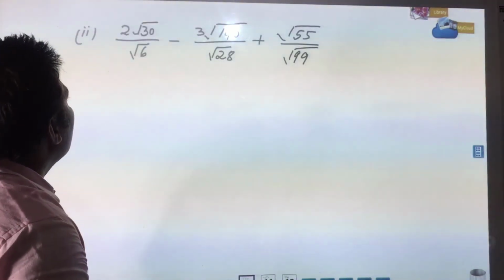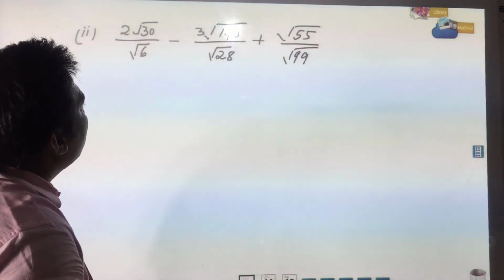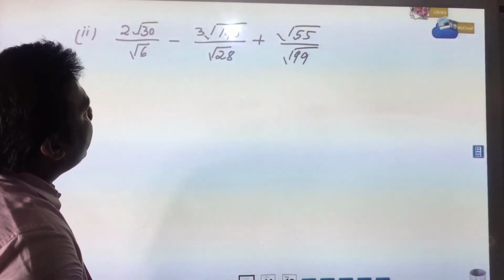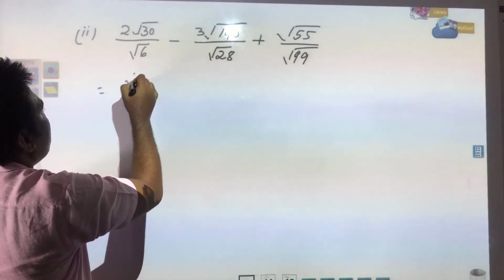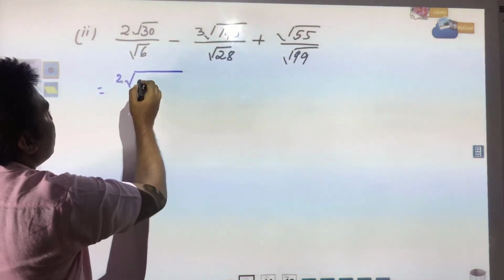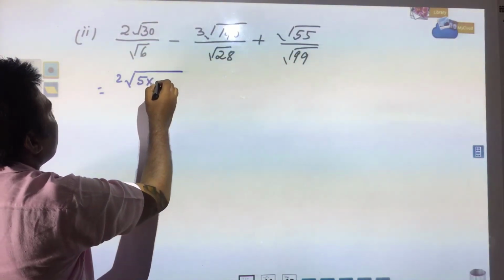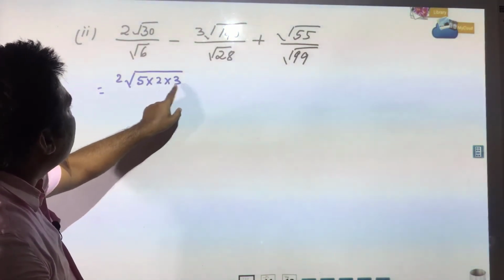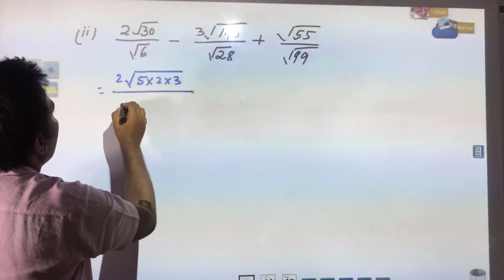Next question you see: 2 root 30 by root 6 minus 3 root under 40 divided by root under 28 plus root under 55 by root under 99. Same thing is required to be done over here also. 30 is required to be factorized. So, this will be 5 into 2 into 3, 5 2s are 10, 10 3s are 30, divided by 2 into